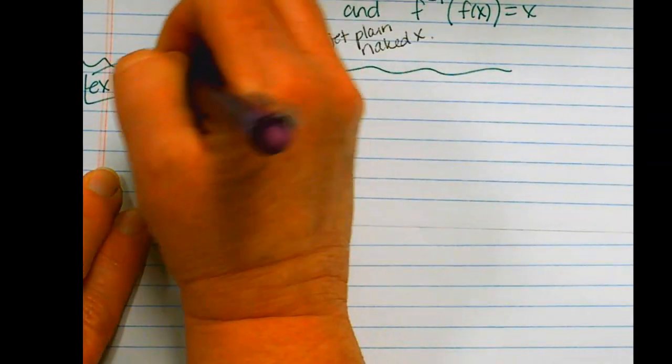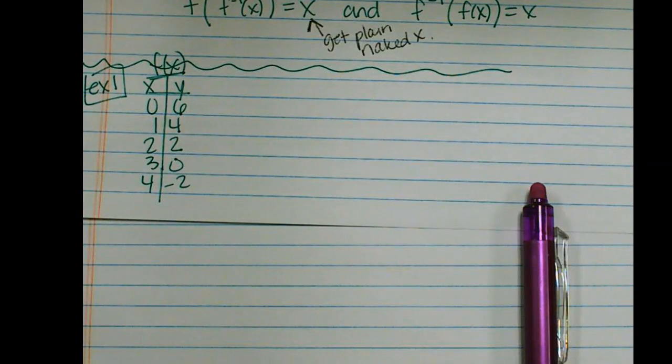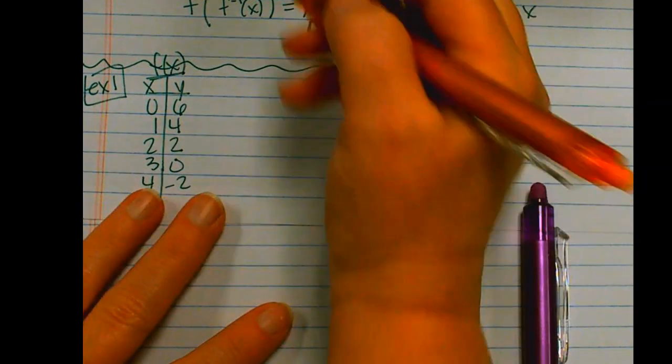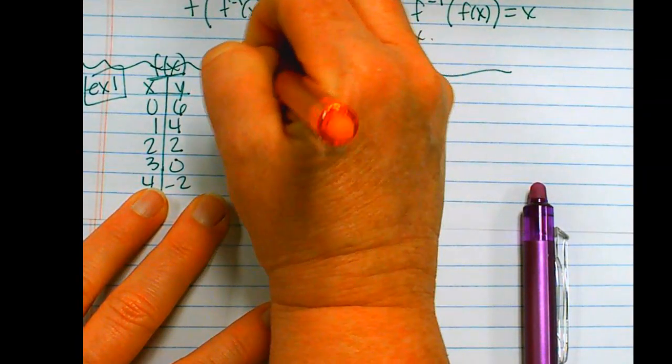I don't know that it has an equation or anything. These are just points in my function. Sometimes functions can just be points. So I don't know if this is a line or a parabola. I have no idea. I just have these 5 points. But I do know that it's inverse, f inverse,